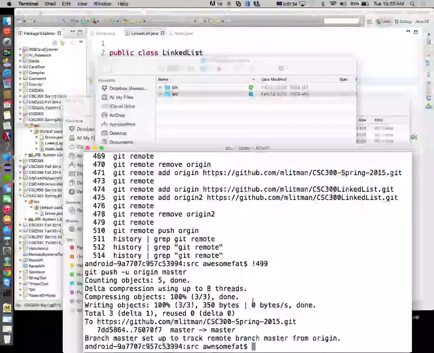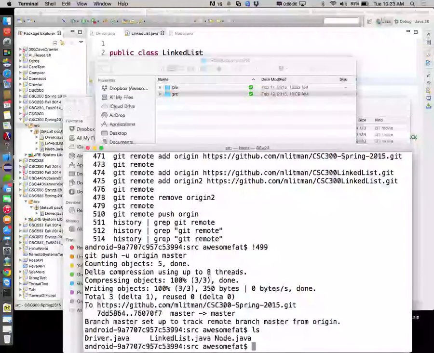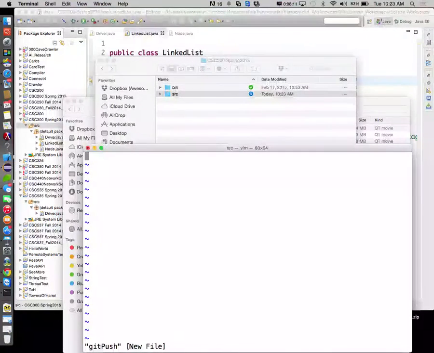But now what I'm going to do is create a little file here in this directory. Okay, so I'm going to say vi git push. That's fine. You can use Notepad if you want. And what I'm going to do is put a couple of my commands in here. So I'm going to say git add star.java. Then I'm going to say git commit -m